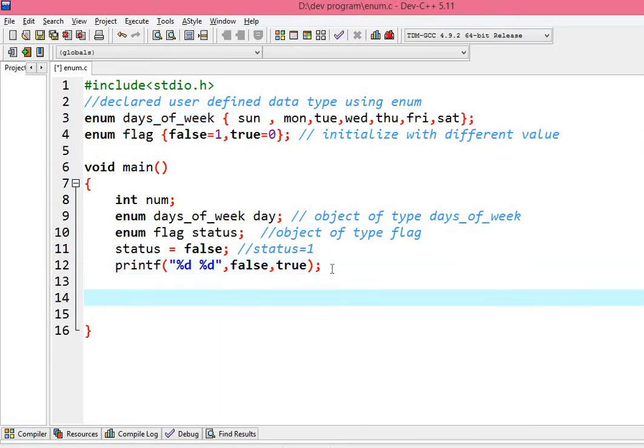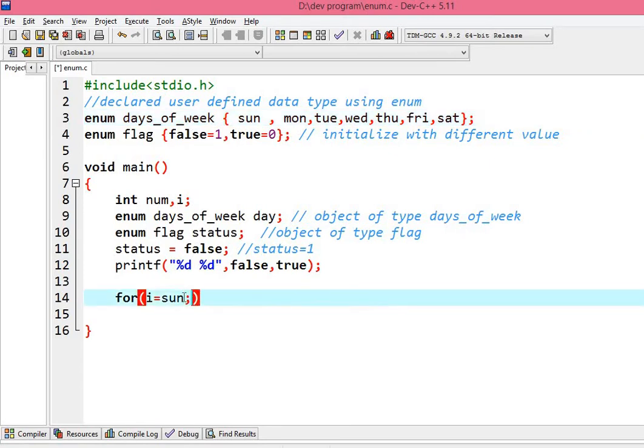So how can I do that? Let me take this, and over here let me declare another variable, that is I. Now I equals, I will initialize this variable with Sun, which is actually a component of this enum, days of week.